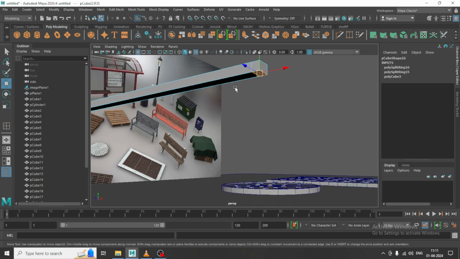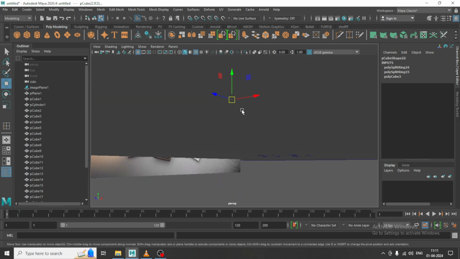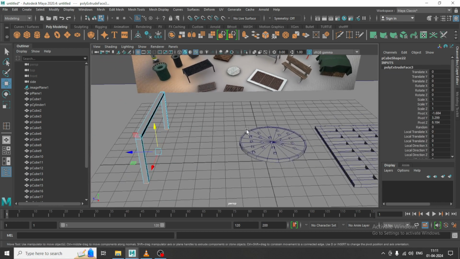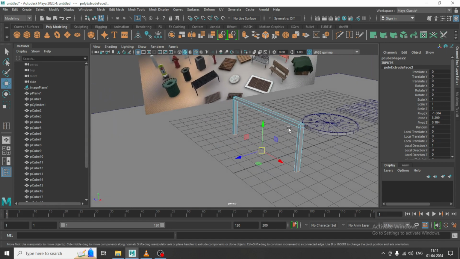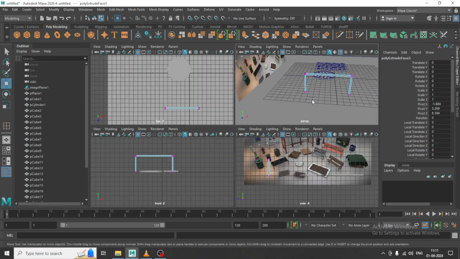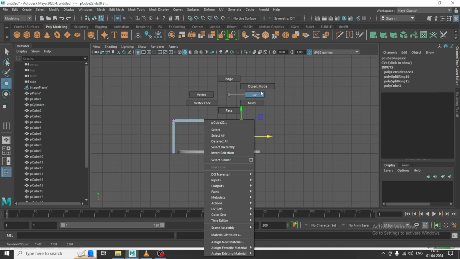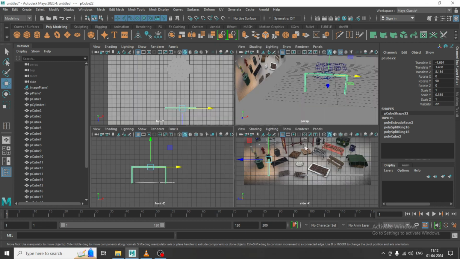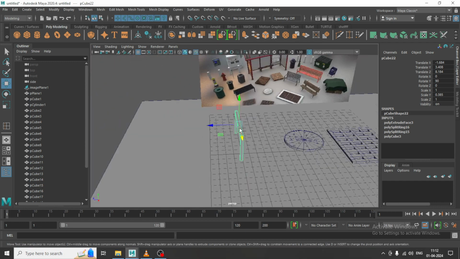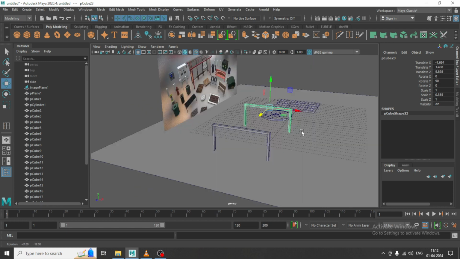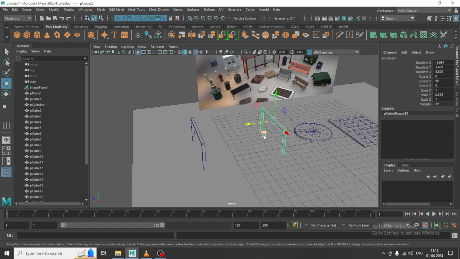I'll show you a shortcut key for how to extrude it. You can just press Shift and drag. So you can just extrude it. Shift and drag will extrude that particular object. Select the vertices, adjust it accordingly, and what I'll do is again I'll press Shift and drag to make a copy of it. Once this is done,